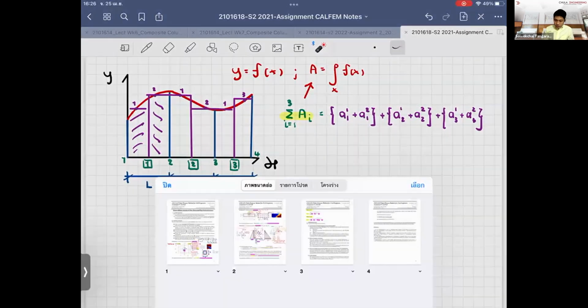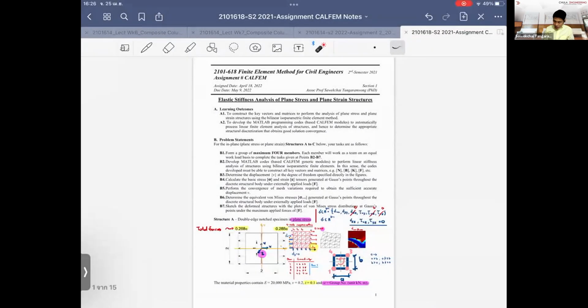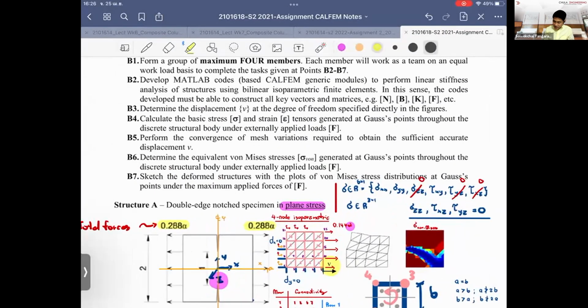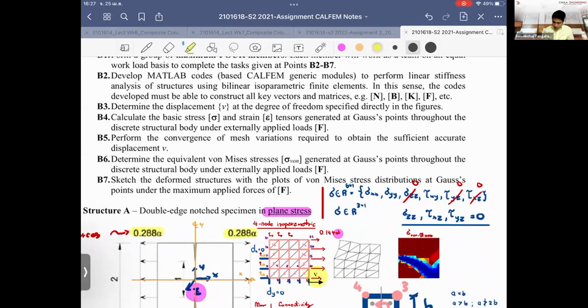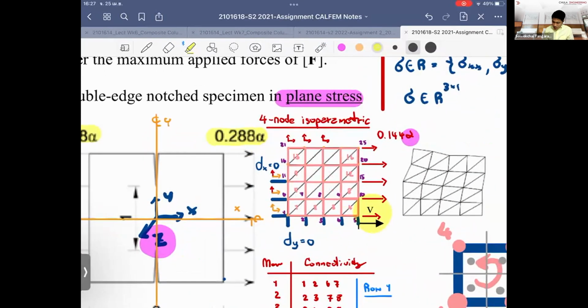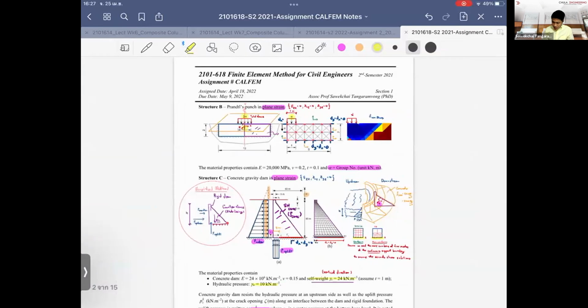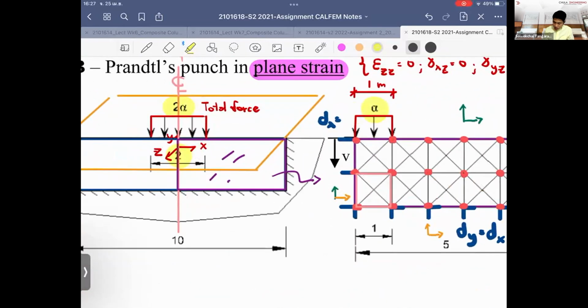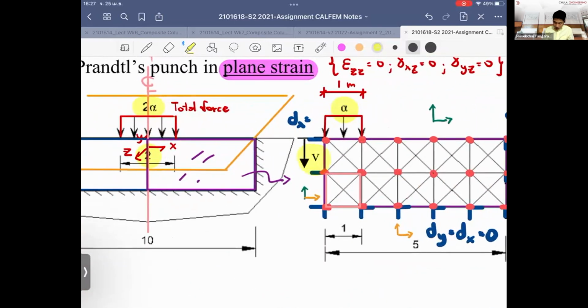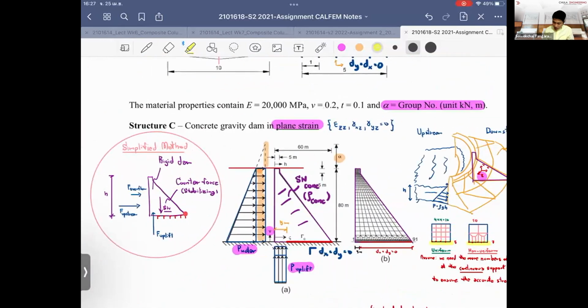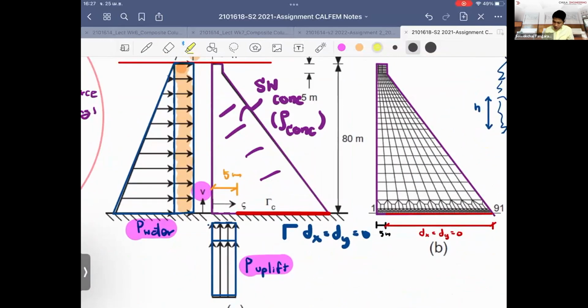In this exercise, they ask you to check the convergence, right? You determine the value of the displacement at the degree of freedom that's specified directly in the figure. In this figure here, we said that this is the displacement at the center. And in this figure, it is the displacement at the center line here. And in this figure, it is the displacement